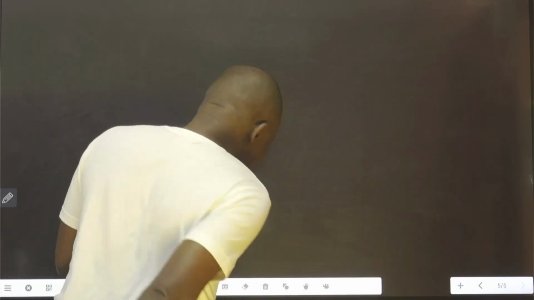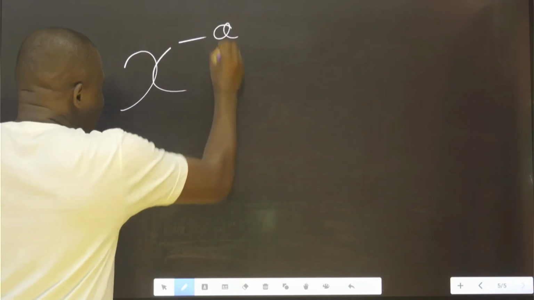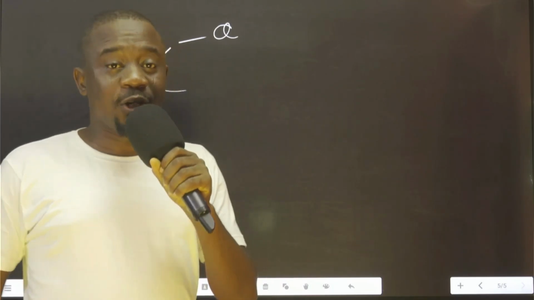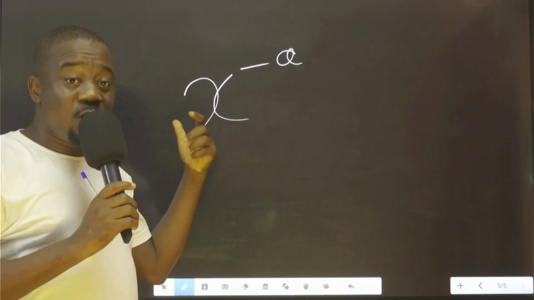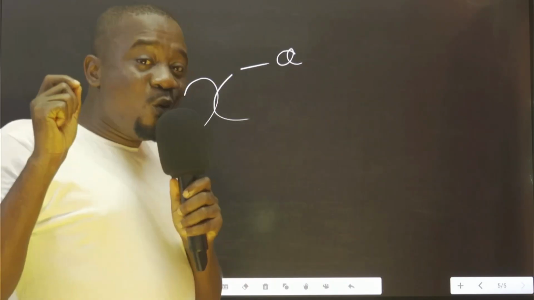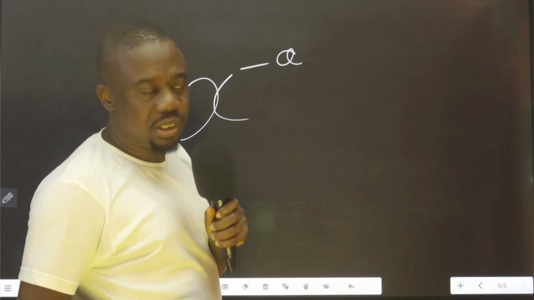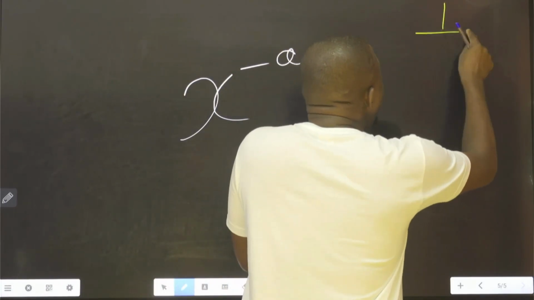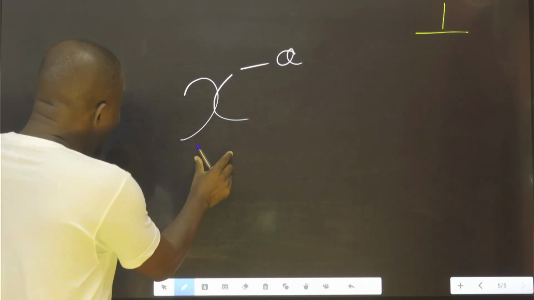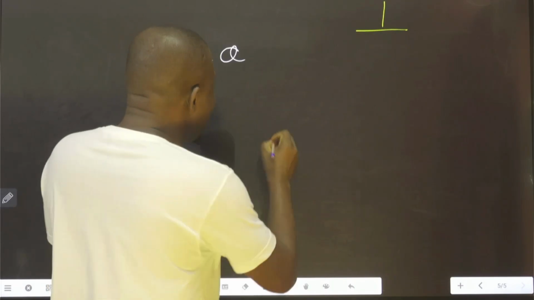Let's look at the fourth law. It says x raised to the power minus a. How do you express this? What this one is saying is x is carrying minus a. What this simply means is whenever you see minus, it simply means 1 over. Therefore, if I want to replace this minus with 1 over, it means